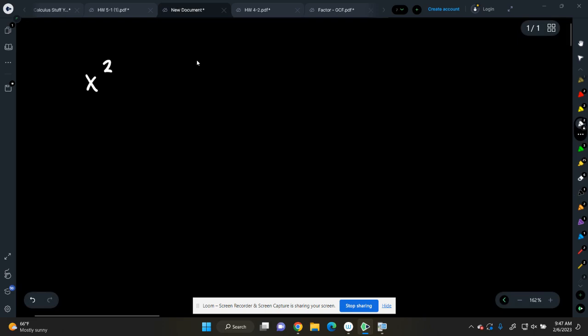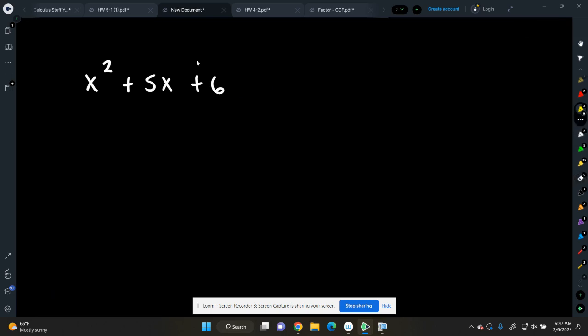So the reason we're factoring is that we're working our way up to being able to solve equations that look like this, okay? And in order to solve them, we have to factor them first. So let's say that we have x squared plus 5x plus 6, okay? Now, in order to solve that, if it was an equal sign, I would have to factor it first. We will do that later. For now, we're just learning the skill of factoring. Okay? All right, so